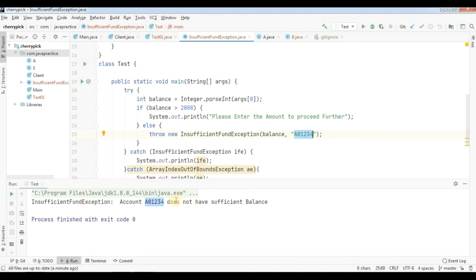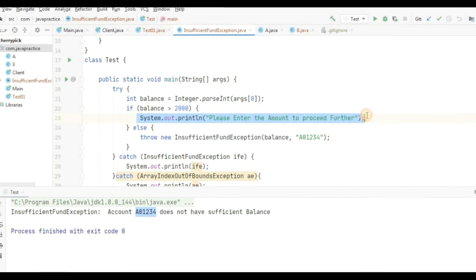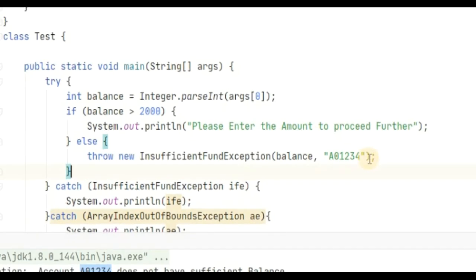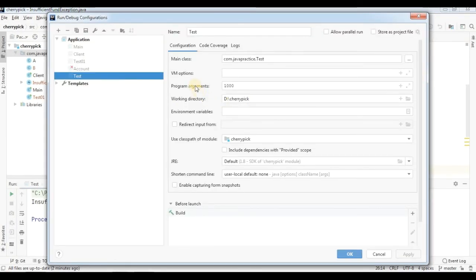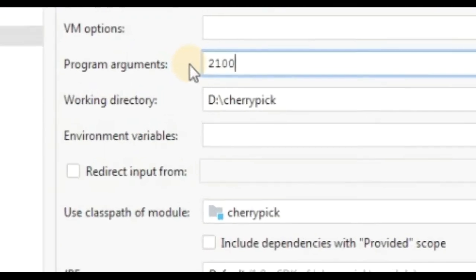This is for the negative scenario, and if I provide an account balance value more than 2000, meaning 2100, then on that situation it should not go into the else block and it should print the message over here, because no exception will arise, right? So let me go here under Edit Configurations, under Program arguments I will provide 2100, right?